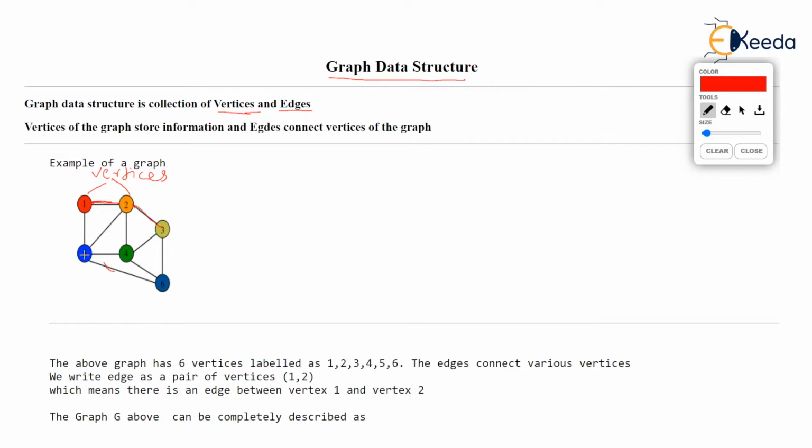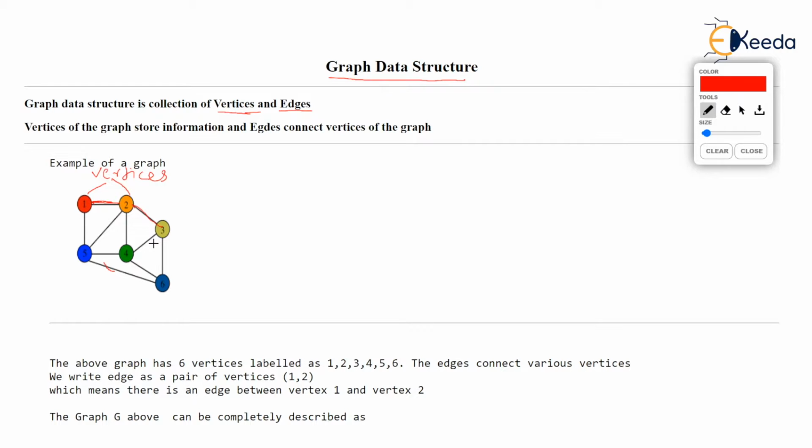And the links, that is edges, shown between the computers or vertices are the links or the cables which we have laid down between the nodes or the computers. So this particular graph really models a computer network containing six computers.